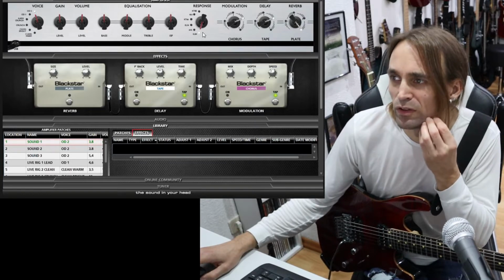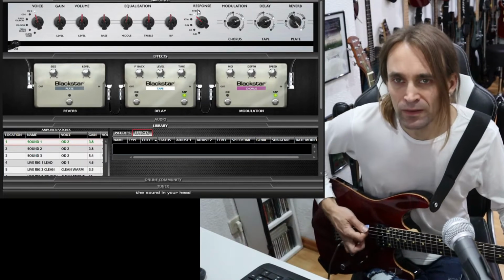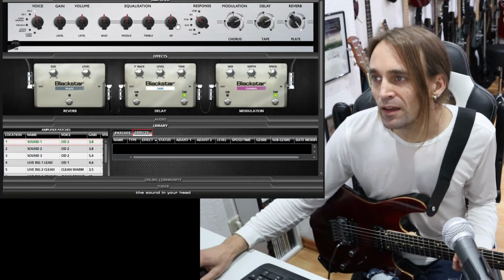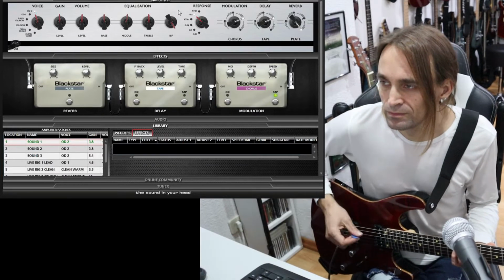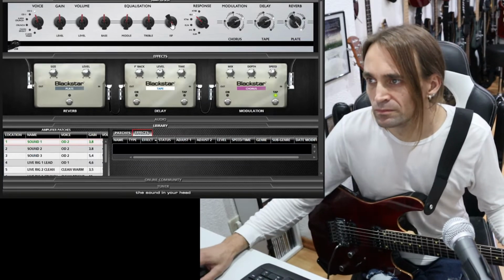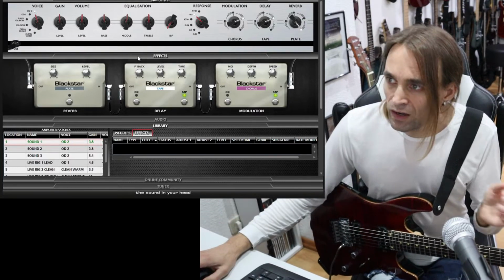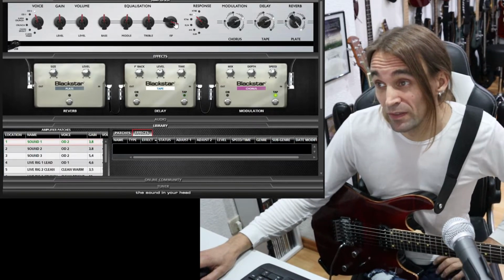V6 and EL84, they have a little bit less power, I think. Let's stay with the 6R6 and let's see what the ISF can do. To be honest, I like it with the 6R6 more in this direction,